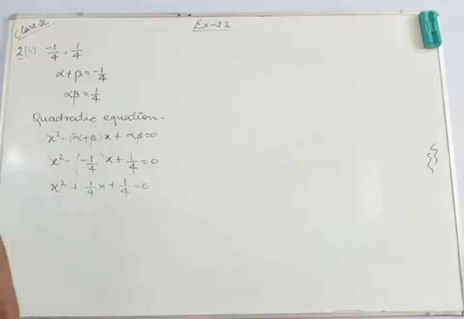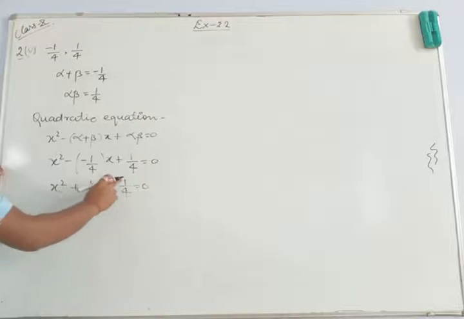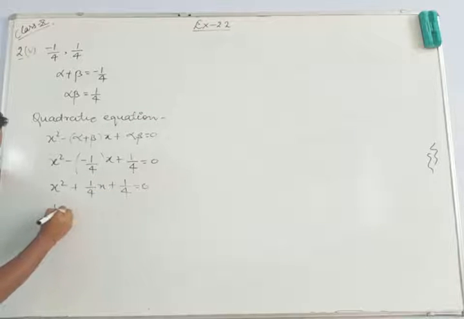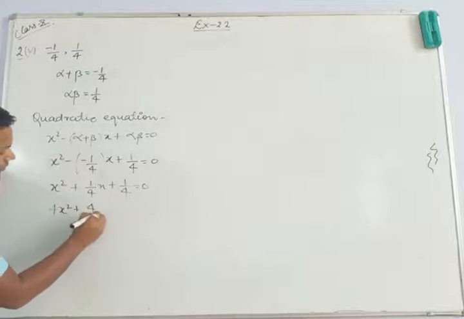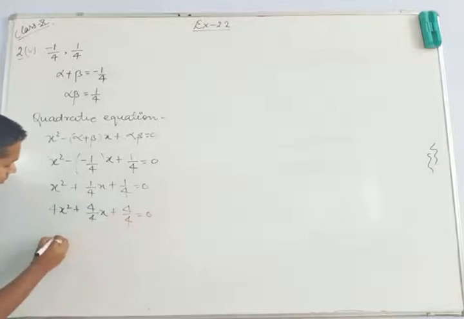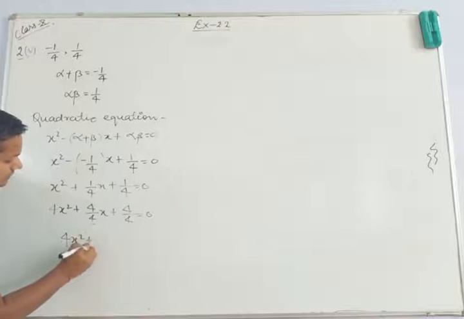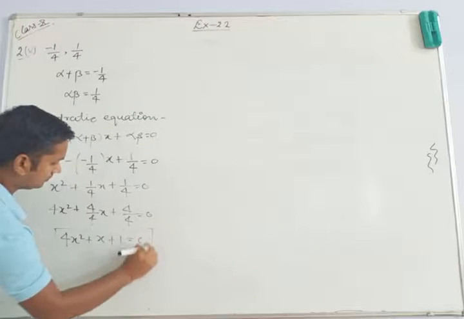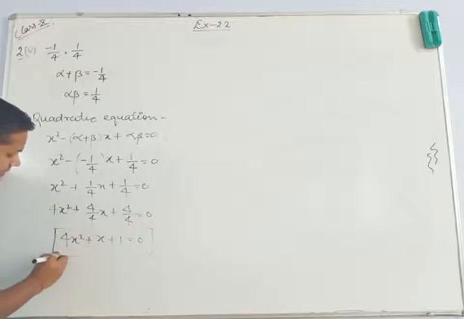Multiply the whole equation with 4. तो जब हम इस इक्वेशन को 4 से मल्टीप्लाई करेंगे तो फर्स्ट टर्म 4 से मल्टीप्लाई होगा, सेकंड टर्म में 4 upon 4 1 हो जाएगा और थर्ड टर्म में भी 4 upon 4 1 हो जाएगा. ओके, बिकॉज 4 मल्टीप्लाई जब हम करेंगे तो तीनों टर्म से मल्टीप्लाई होगा. सो 4x square plus 4 upon 4x plus 4 upon 4 equals to 0, or we can write it as 4x square plus x plus 1 equals to 0. Okay, so this is the answer